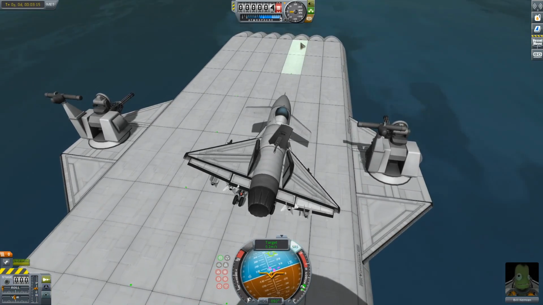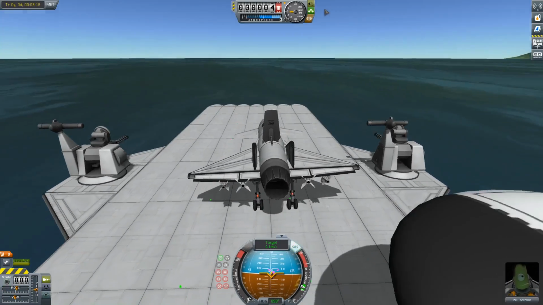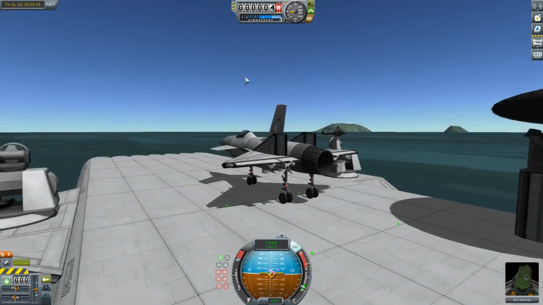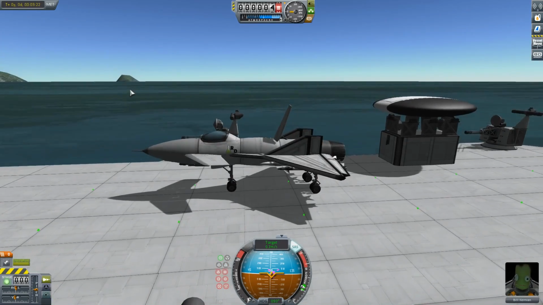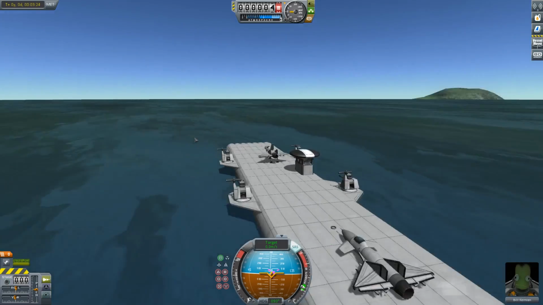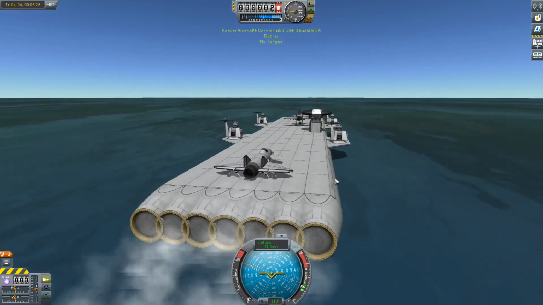Alright. Yeah, I throttled up just a little bit there at the end because I was not sure I was gonna quite make it. But there you go. We're on the deck. We're sliding backwards slightly, I believe. But we're pretty much good. So let's go ahead and switch to the vehicle again. And,